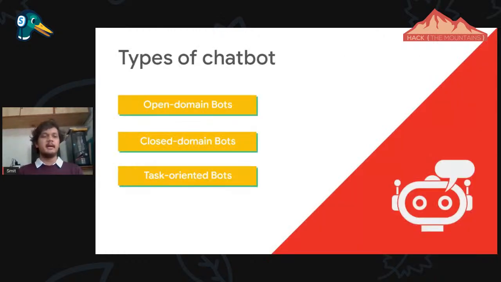One is open domain, closed domain, and task oriented. If it's open domain, you chat with the bot and it will give some FAQ kind of things, like a Q&A system. We can take an example of the Rose bot or the Natasha bot on Hike. Like chit-chat bots, you can interact with them for fun, or for FAQs, or maybe navigation FAQs as well.